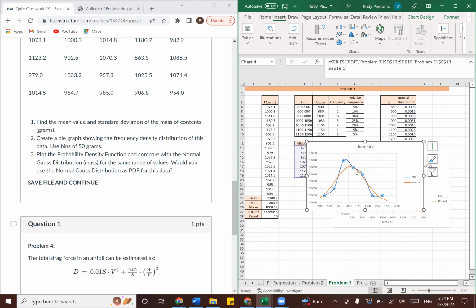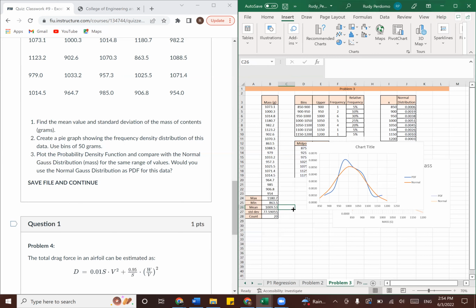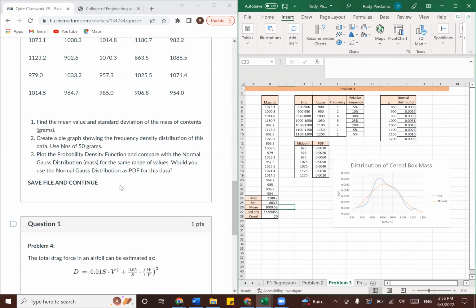Like, are they close enough? Do they resemble each other enough that you can use them instead of the actual distribution? And I think someone said, in this case, yes, as long as it's kind of similar, then you can, but don't quote me on that. So I would put yes here, but with like an asterisk there, like I'm not sure, but